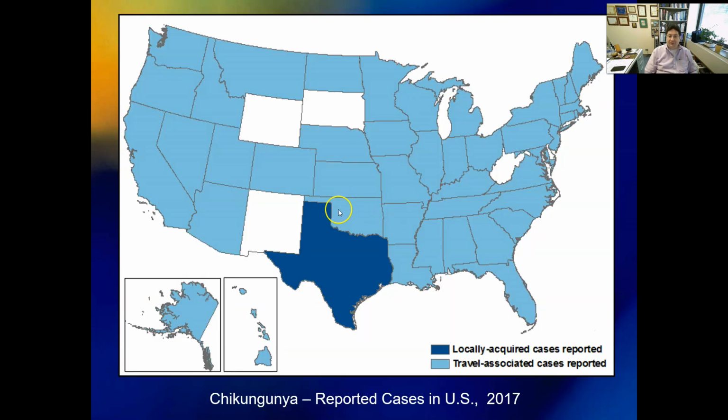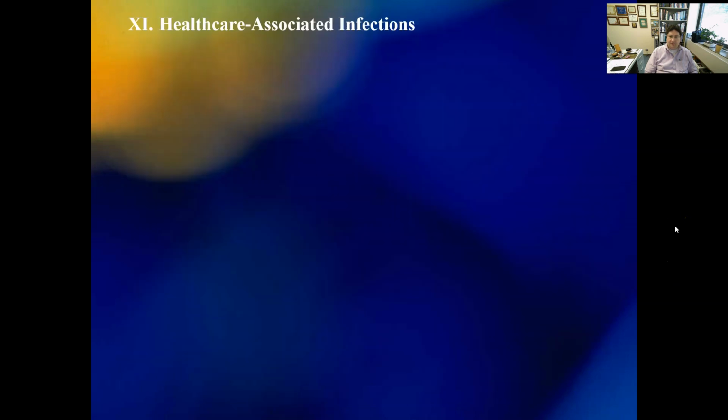You see there's even incidences here in the United States, the dark blue, locally acquired, and travel-associated cases. Look at that. All right, even in Alaska. Okay? Now, the last major topic I want to talk about here in this chapter, and it's certainly relevant to any of you going into the healthcare industry and nursing, is healthcare-associated infections. And everyone, you have to know this terminology.